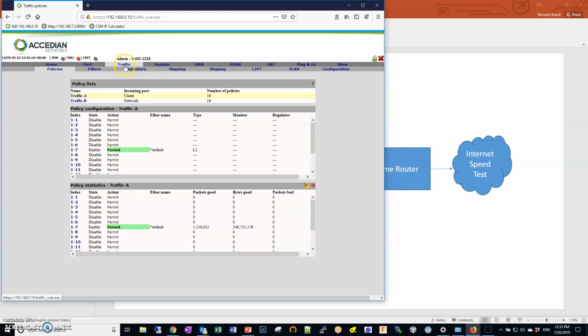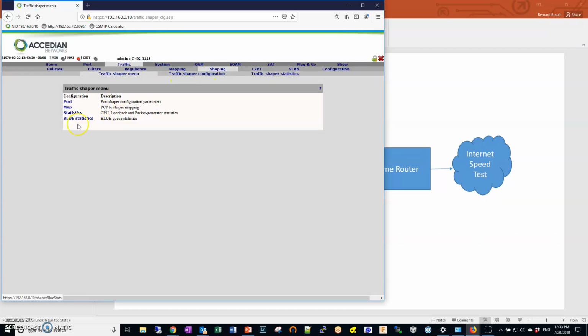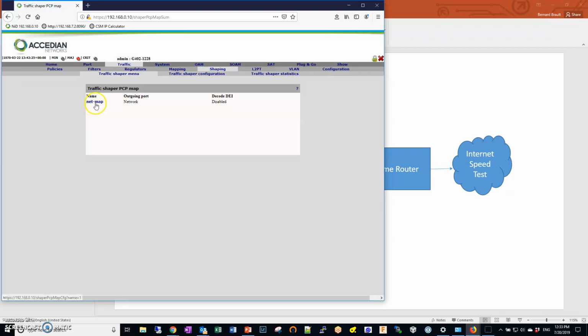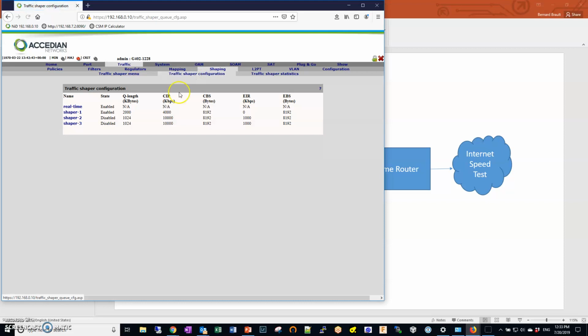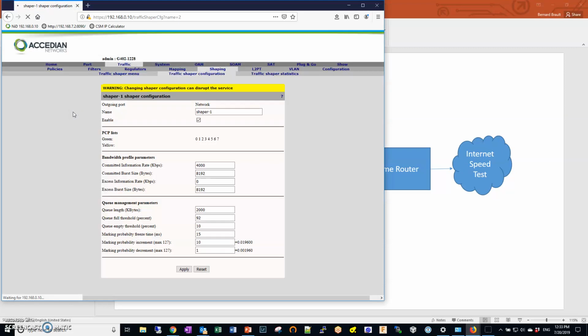The next place to go is into shaping right here. First thing is to go to the priority mapping. So I look at this priority map, and this is basically mapping the 7 or 8 quality of service levels of Ethernet into Shaper 1. So I'm going to set all of these to Shaper 1, apply the setting, and then configure the shaper. So you click on Shaper 1 right here, and this is where I set up the traffic shaper